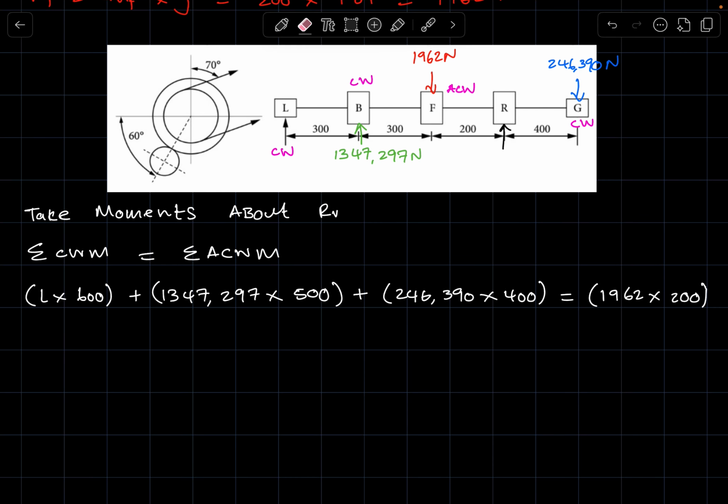I made a mistake here. The distance here is 800, so this is supposed to be 800. This one is 500. That's correct. This one is 400. That's correct. And this one is 200. That's correct. Then from here,